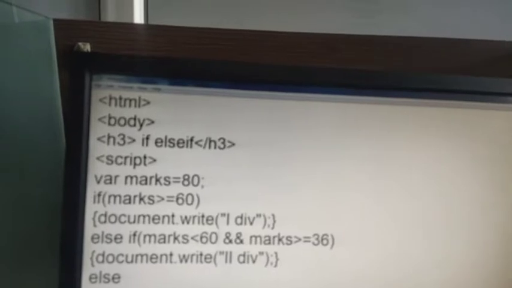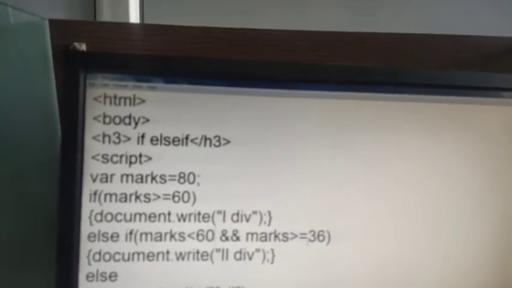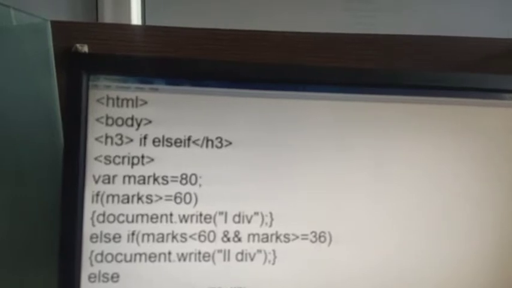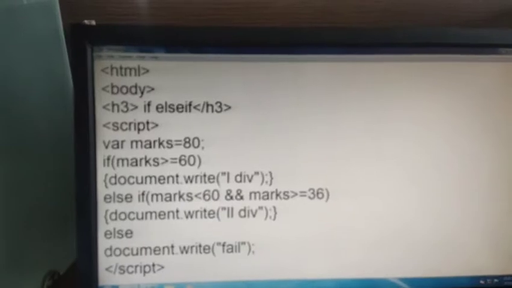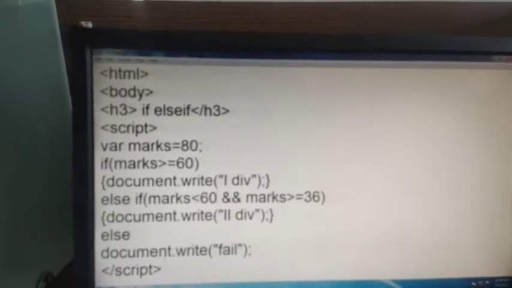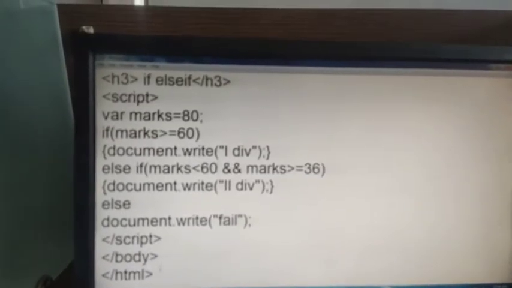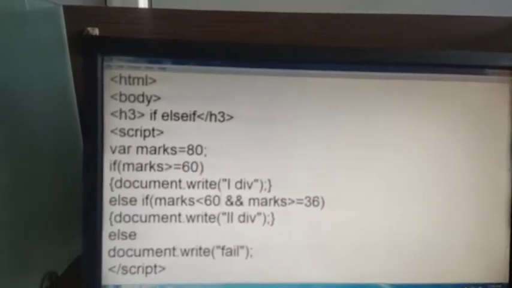Instead of writing 48, because 60 is there, so you can write 60. If marks is less than 60 and marks is greater than equal 36, it means between 36 to 60, then document dot write second division, else document dot write failed. Okay, script close, body close, HTML close, and I have saved it.